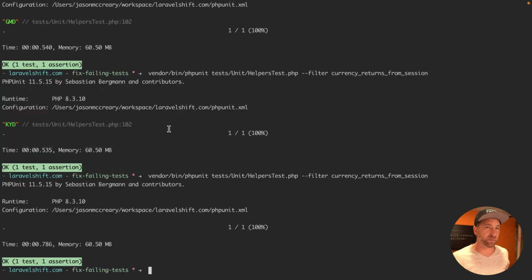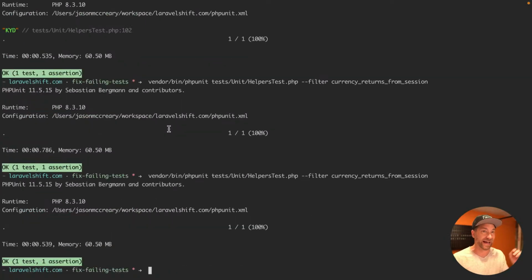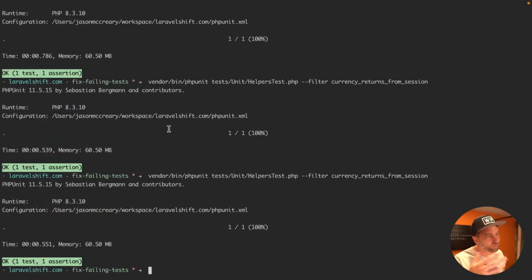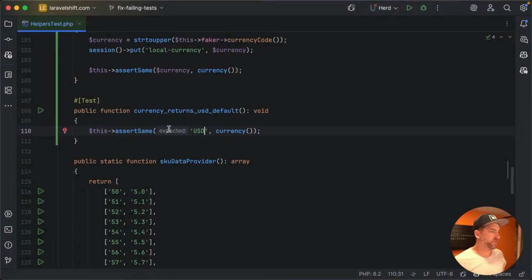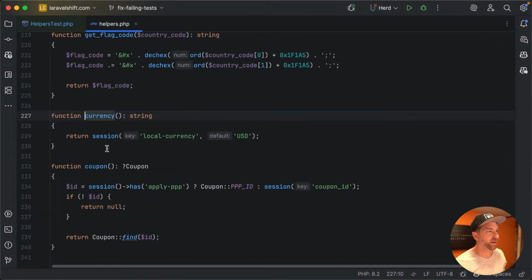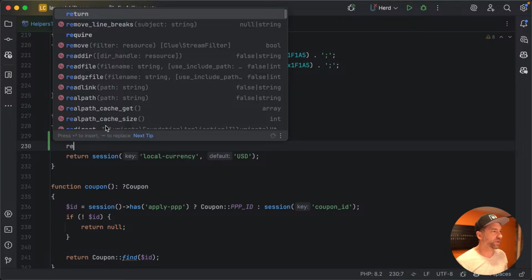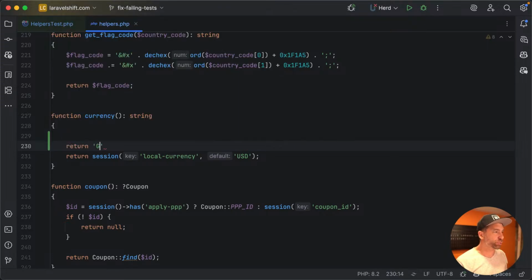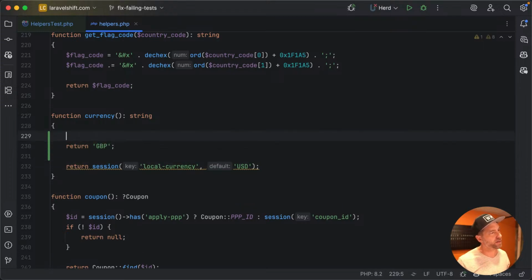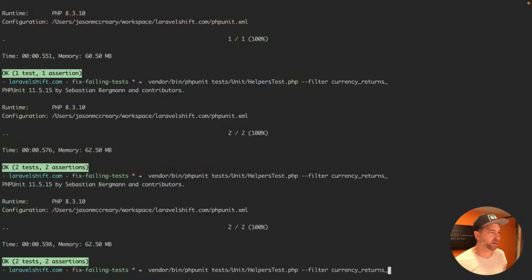I mean, we could have put a random number in there and demonstrated that that's what it returned. But let's be a little bit true to life. Let's take off this part and we should get both tests now. So now, if I were to return Great British Pound or something, is it GBP? I think, yeah. So if I were to return the pound or something here,